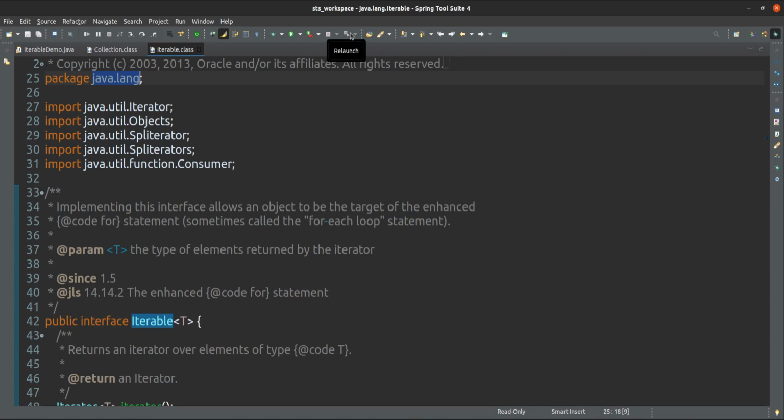What does Iterable mean? Iterable means you can iterate over something. Suppose in an array there are 10 elements, so how will you iterate over those 10 elements? You will start fetching from the 0th index of the array, and you will go till the last index. Inside a loop you will access all the elements, from 0 to 10.